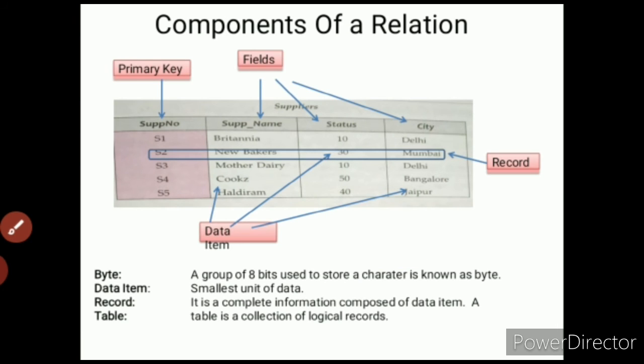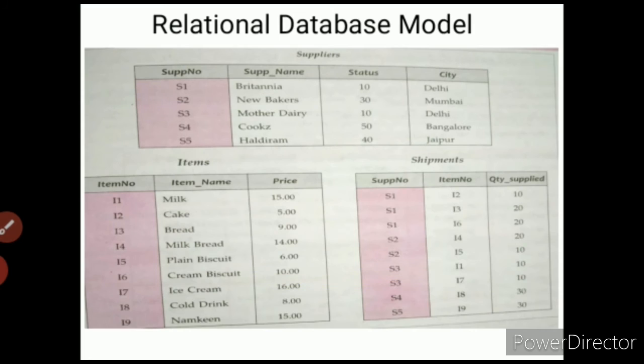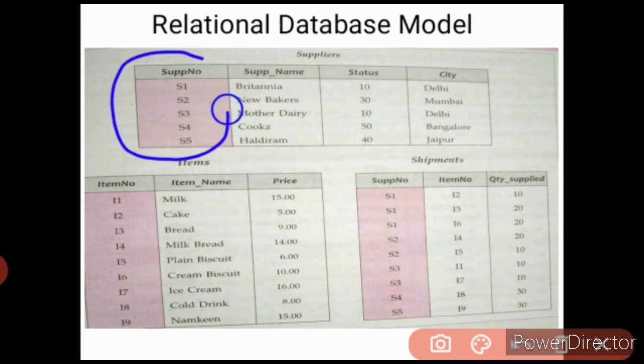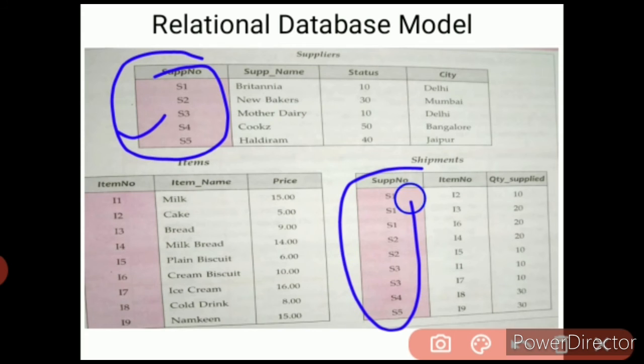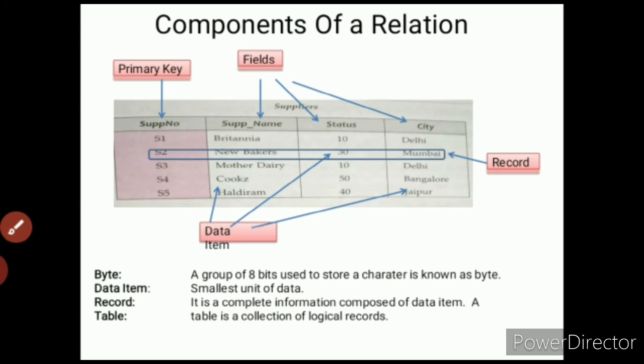so now we have to check one more thing. I just want to explain to you. Suppose I want to connect supplier and shipment. How do we have to do it? Here you can see we have one column as common, supplier number, supplier number. So if we want to connect these two tables, we first have to check which field we have as common. With that common field, we can easily connect both the tables, right?